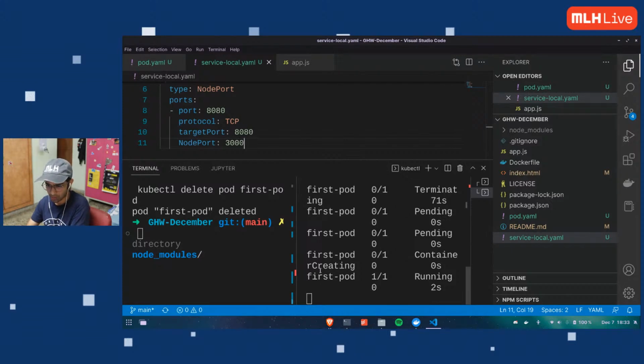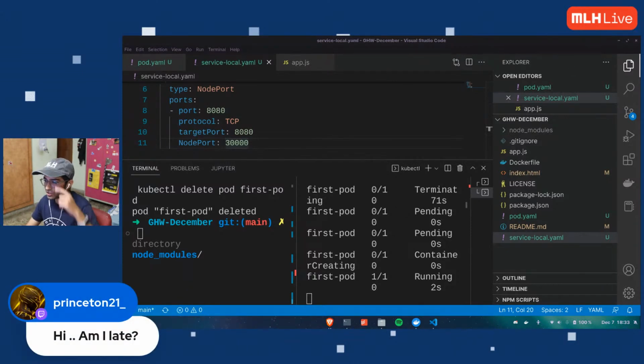So I'm going to use 3000. I can use 8080, I can show you how it goes wrong. Or actually it's not 3000, it's 30,000, four zeros. The reason being, if you have something else running on 8080, because 8080 is a very popular port, or if you have React running on 3000, that can be a problem if you run your cluster on 8080, because that will be busy.